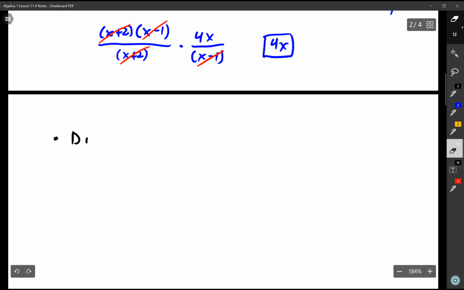Dividing. Step 1. Invert the second fraction and